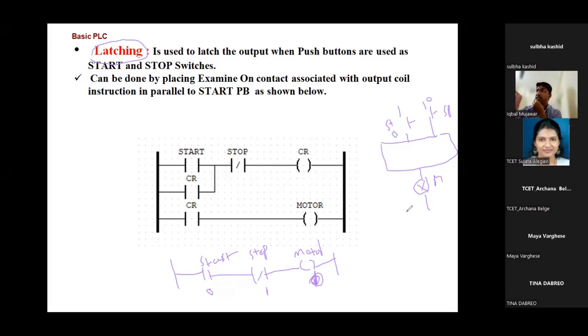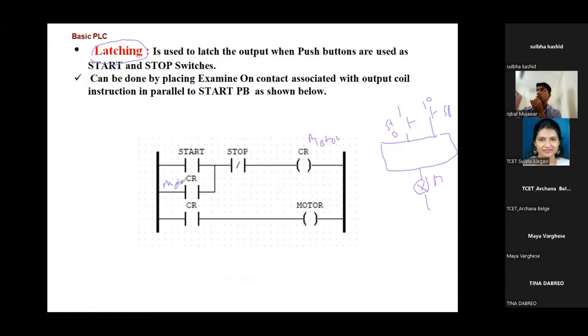Physical wiring remains the same, physical wiring में change नहीं होगा, only I will change the coding. In the coding, instead of the previous simple code we did, we are using this one, latching. यहाँ पे latching में क्या किया हमने, here I can write motor also. Okay, यहाँ पे motor लिख सकता, that is possible, no doubt.